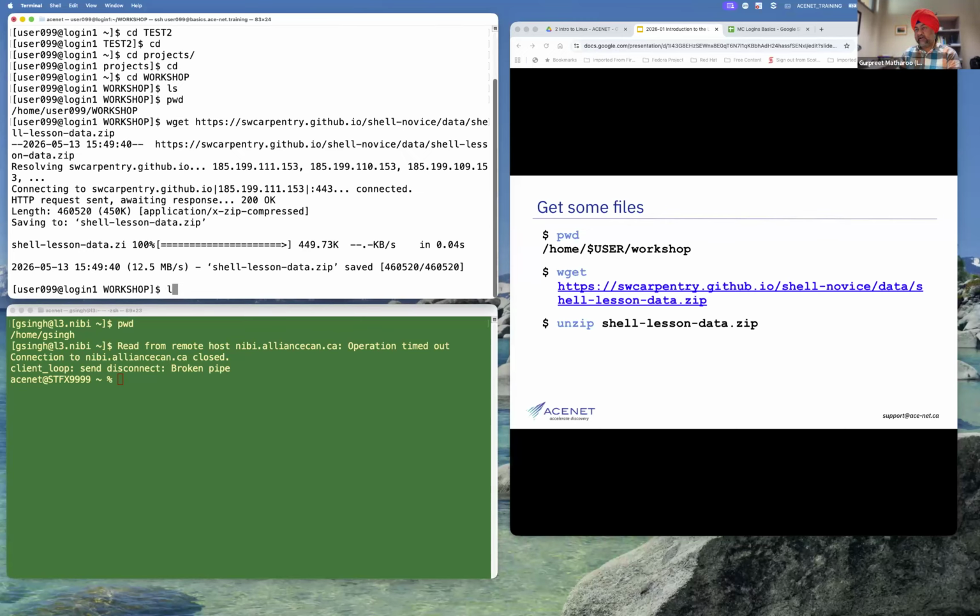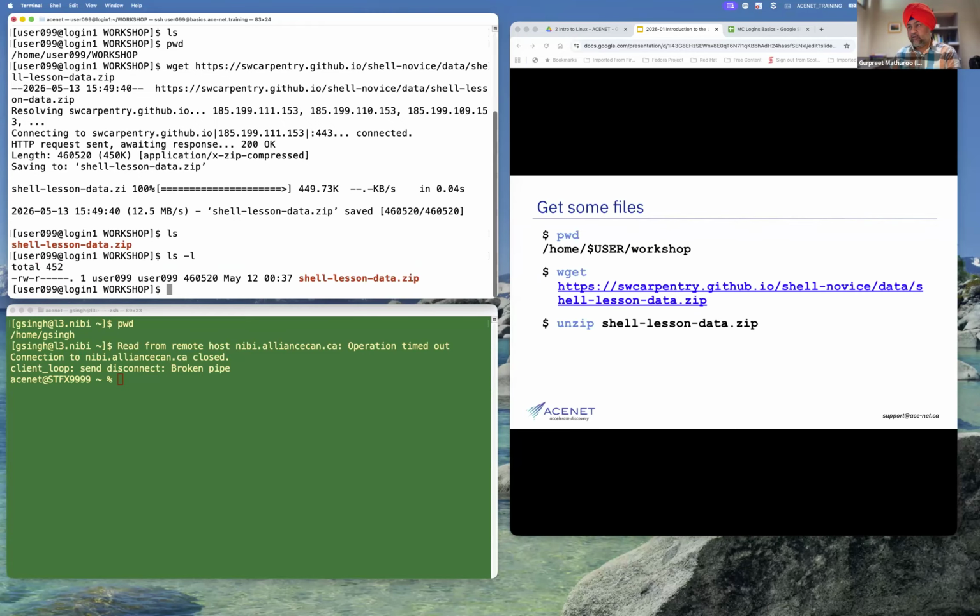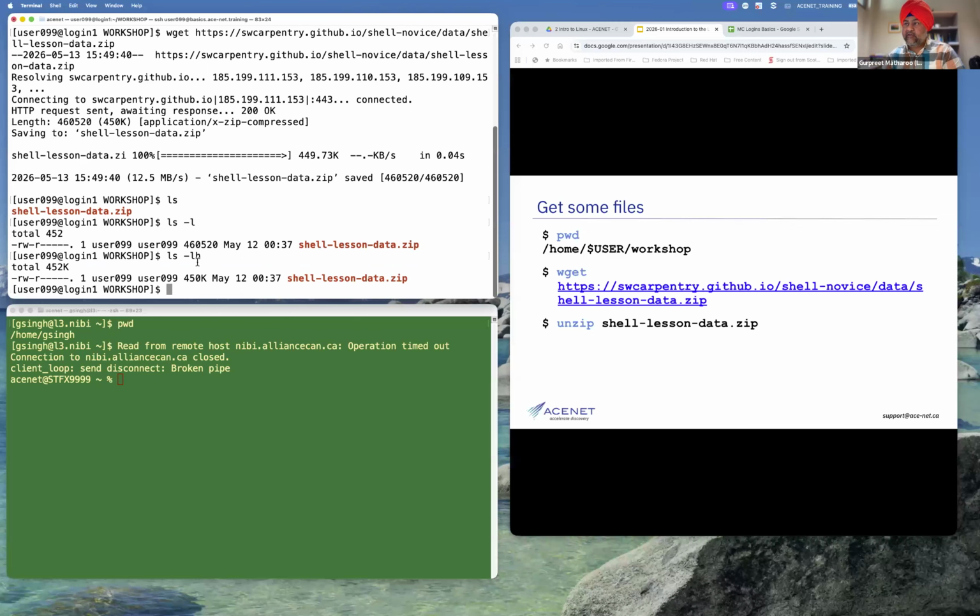And if you press ls after that, you will see there is a zipped file which is red in color. And if you press ls minus l, it will display the long format, and ls minus lh. This is the size which gets displayed. You don't know what size this is. ls minus lh, another flag, h stands for human readable. So this particular file is 450 kilobytes. So that's a zipped file, which is obviously the case over there.